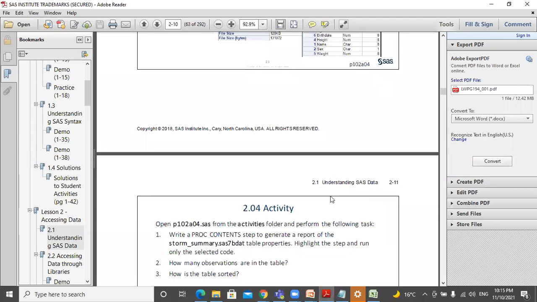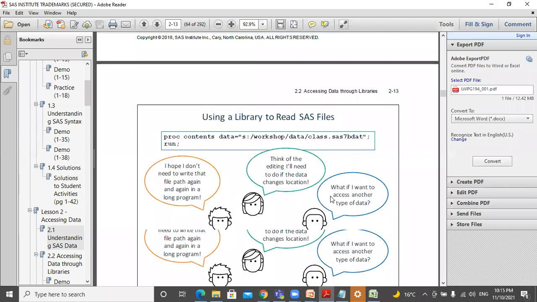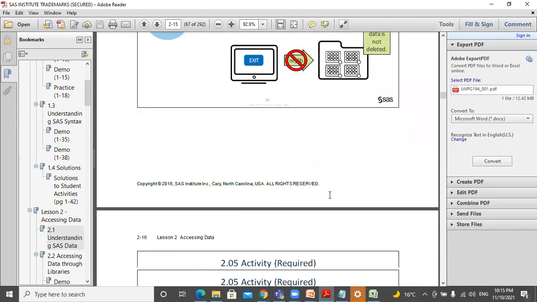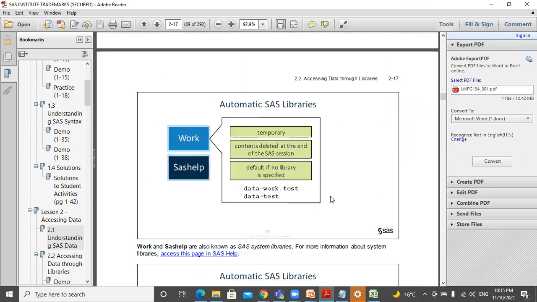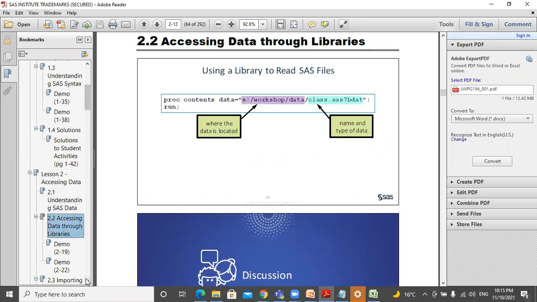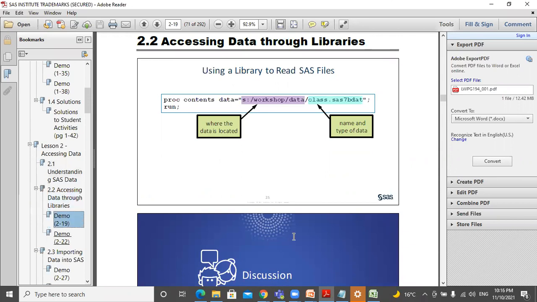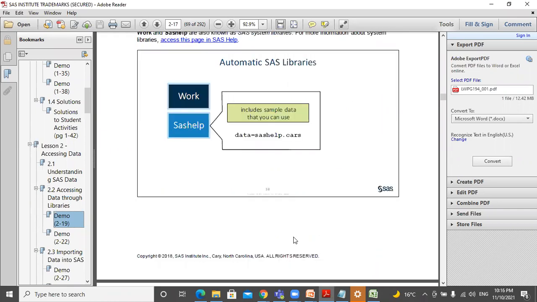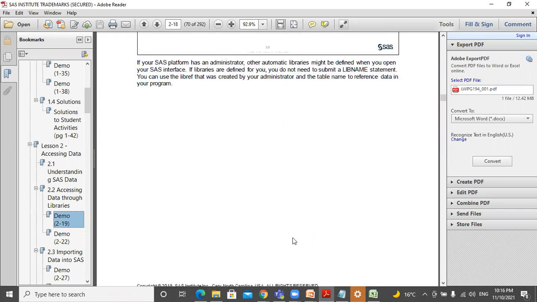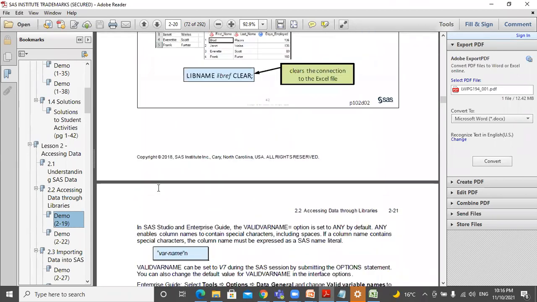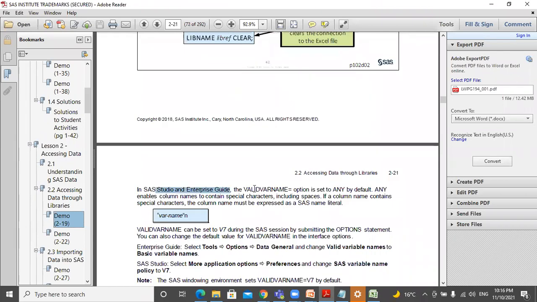So in case you scroll down here, if you check the example, see, it's telling that in SAS Studio and Enterprise Guide, the validvarname equal to option is set to ANY by default.